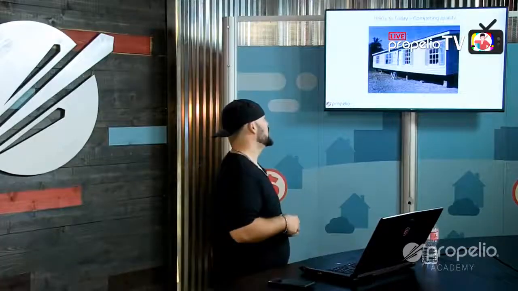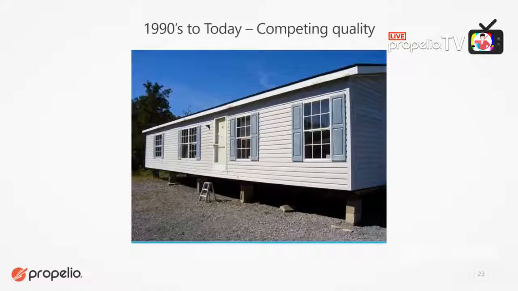All right, so 1990s to today, we're going to be having competing quality. We've got a lot more manufacturers. We've got increased standards through HUD of the manufacturing quality, and then just different manufacturers like Jessup Homes here in Texas. Man, they have some beautiful homes. If I take the time to go out there, and you just go look them up, I think it's J-E-S-S-U-P. They have homes that would be competing on the finish out for design styles of like your $250,000